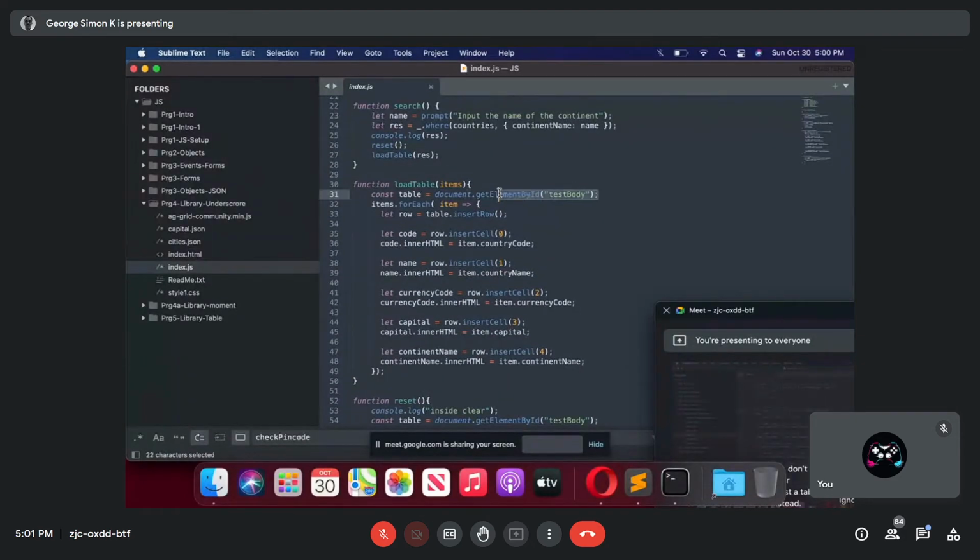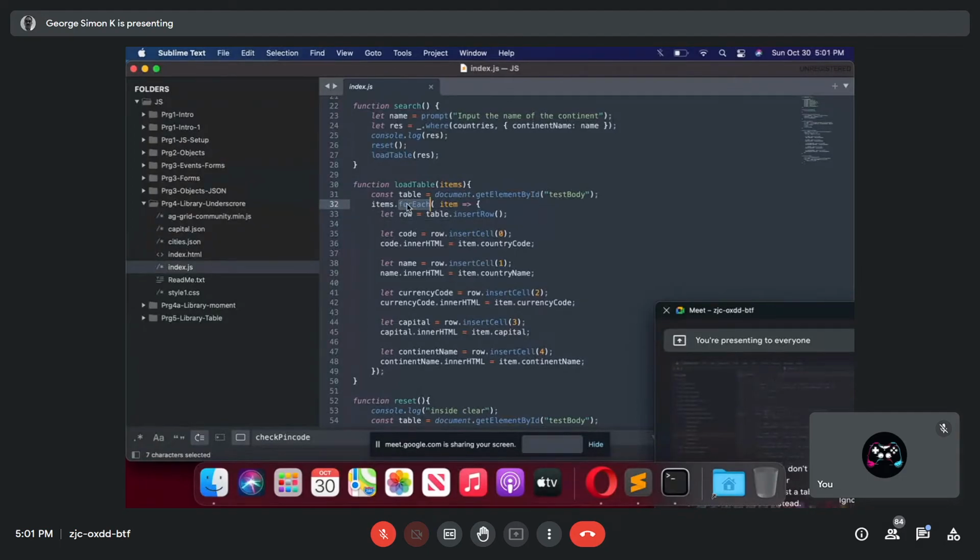countries in my JavaScript file, I'm getting a reference to the table and creating a row. When you say the table dot insert row, a row is created. That is what you write using tr tag. A row is created. Very simple.